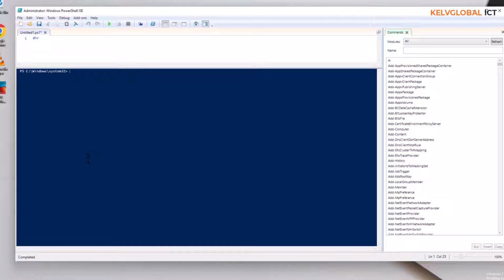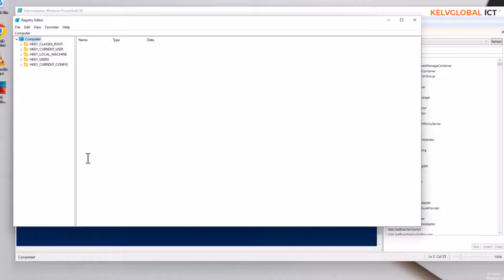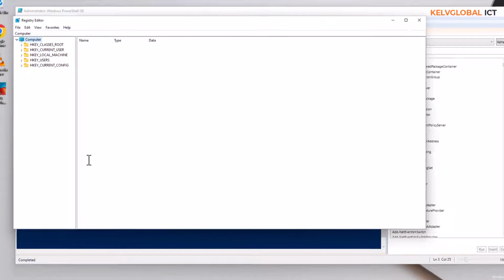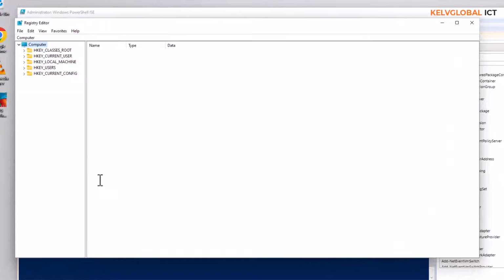And also, for example, from the PowerShell script, I can enter regedit, which means I want to open the registry, and hit enter. You can see the registry editor is automatically opened. With the registry editor, it's very, very important that you don't modify anything, because deleting any info from your registry editor may make your device unbootable, or your device may not function